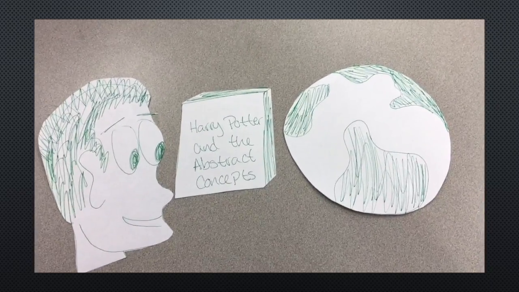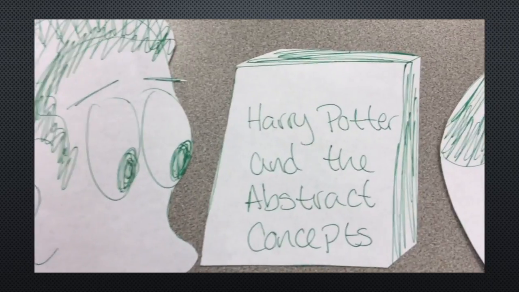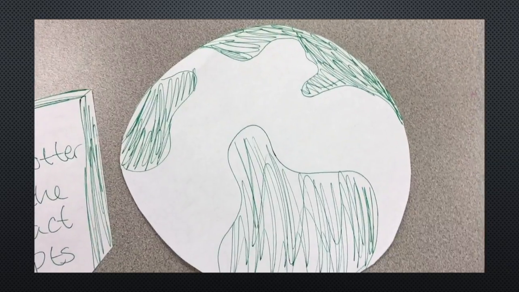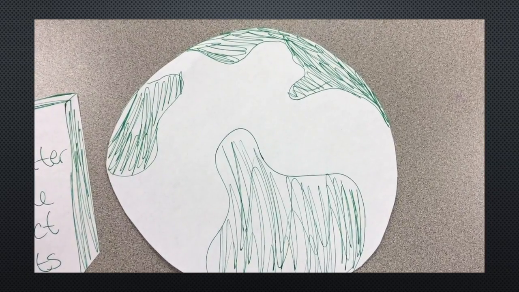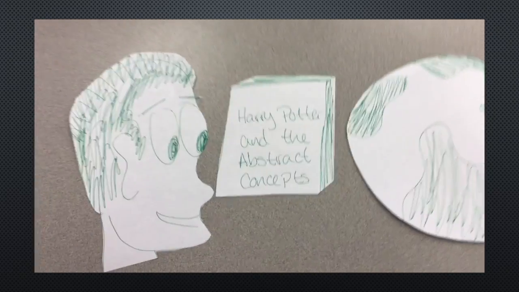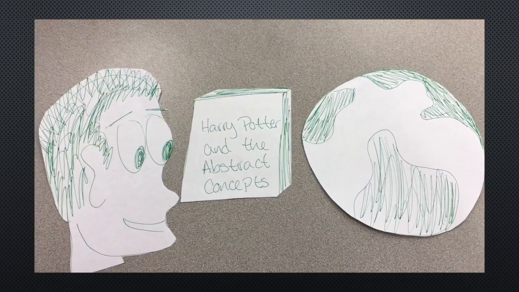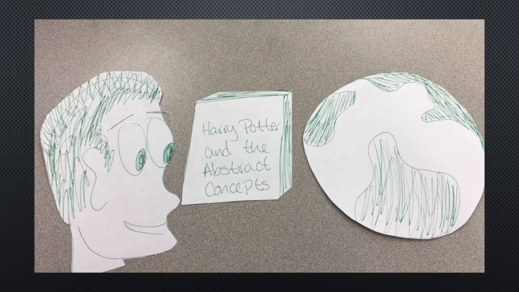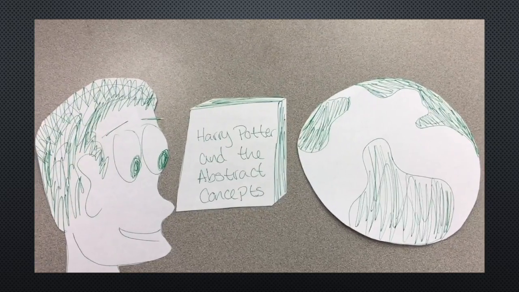So why do we read literature? Because literature is a lens that clarifies a lot of these complex and sometimes blurry issues within the world. They help us to see things clearly and from a different perspective. And they give us experiences that we may not have experienced otherwise. Okay, so now that you understand why we read literature and that it has something to do with abstract concepts and taking these complicated ideas and clarifying them a little bit, let's focus on how you can do that.